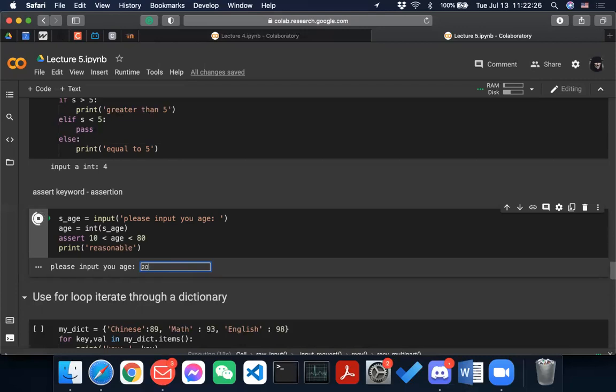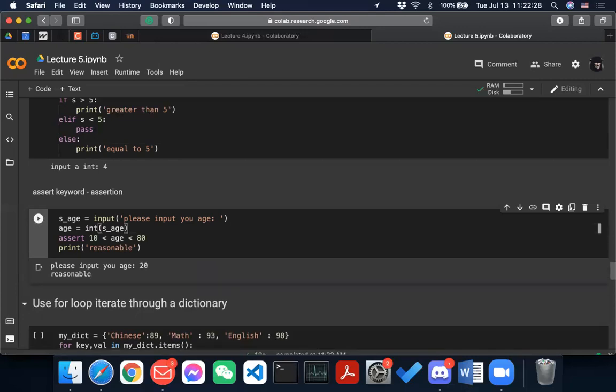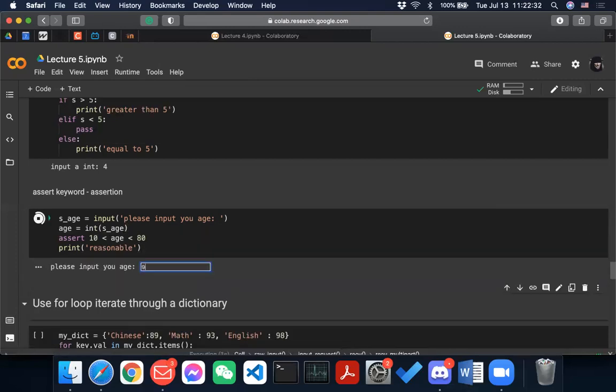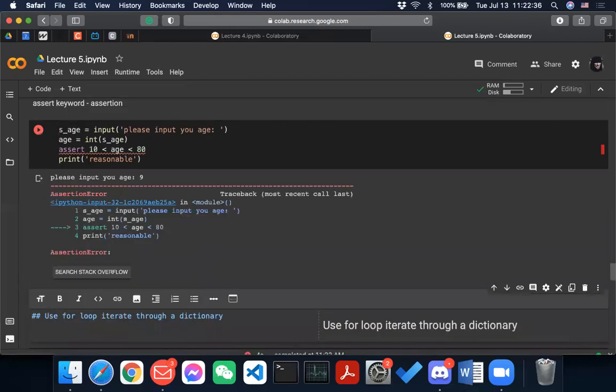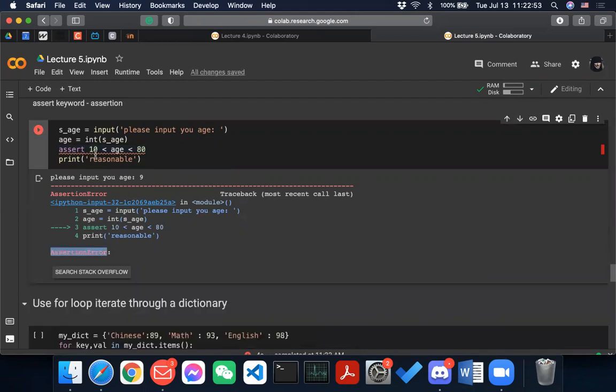And then you just print reasonable. If you do 9 years old, there will be an assertion error. If I put 9, then the age is 9, and the assertion that 10 is less than age is less than 80 fails. So an assertion error is raised, because 9 is less than 10.